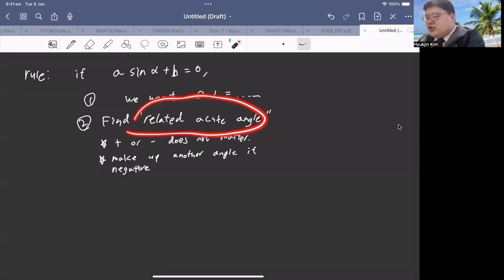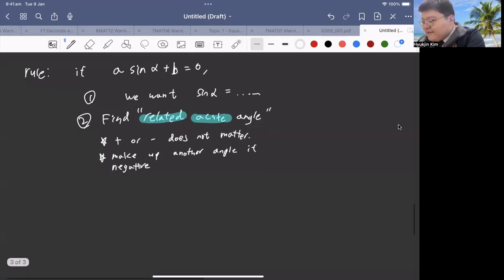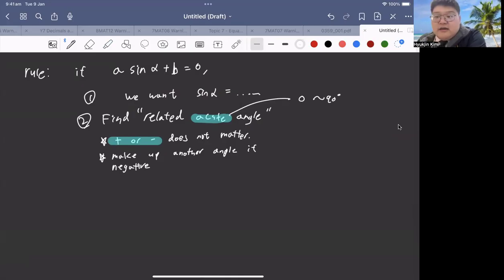Find the related acute angle. The key word is that I want it to be acute, and it's a related acute angle. This means I don't care if it's a plus or minus because I'm just looking for the acute version of it. What does it mean for it to be acute? It means it's between 0 to 90 degrees. That's it. It could be positive or negative, it could be wherever, but I'm just looking for that one possible variant of it. And I want it to be related, which means I could be using it in